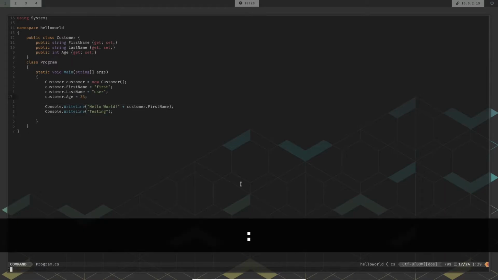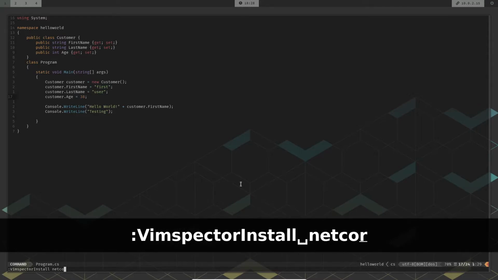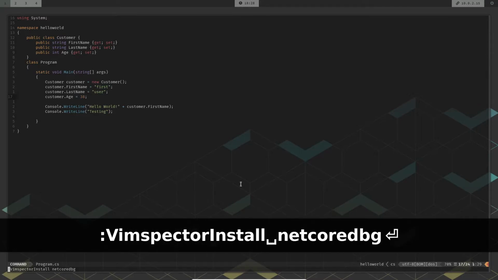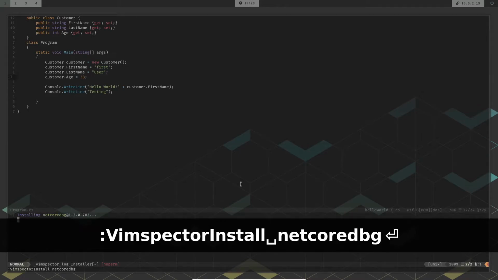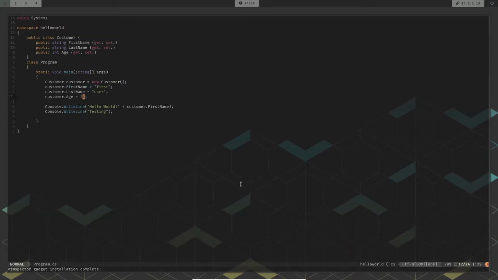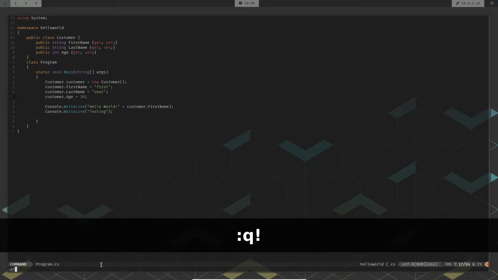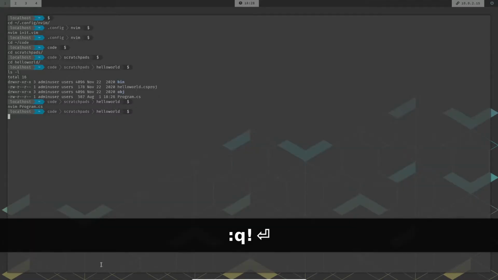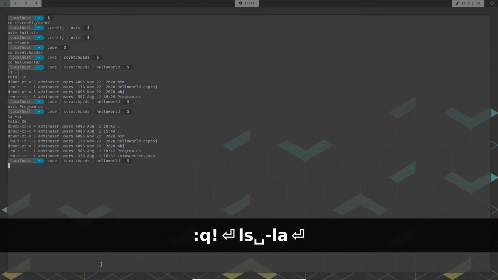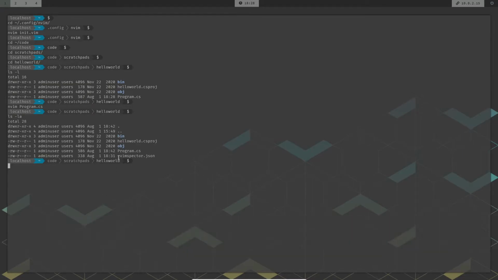So let's use the command that the documentation told us to run: Vimspector install netcoredbg, and that should install the adapter that we require to get .NET debugging up and running inside NVim. Now with that done, we have everything we require to start debugging .NET code. One of the additional things that we're going to look at is this vimspector.json file here.